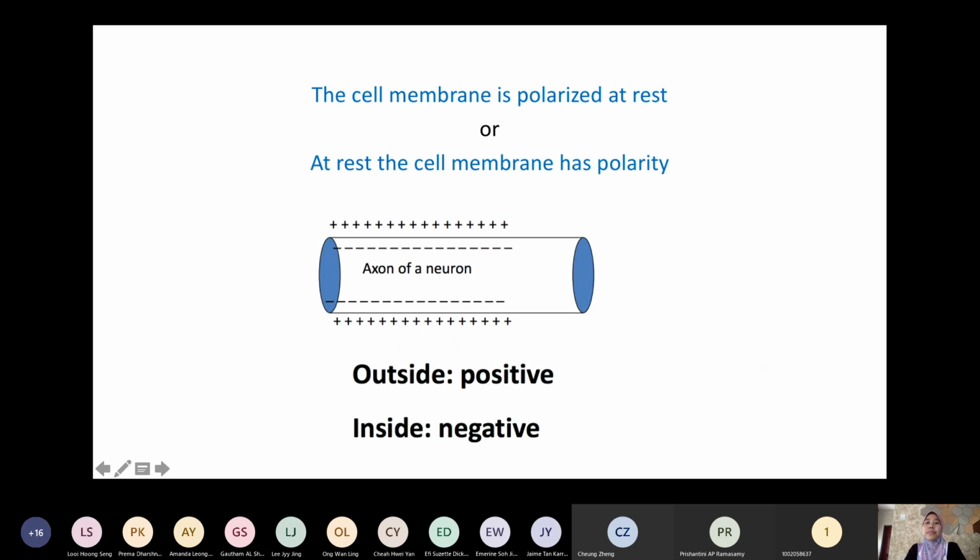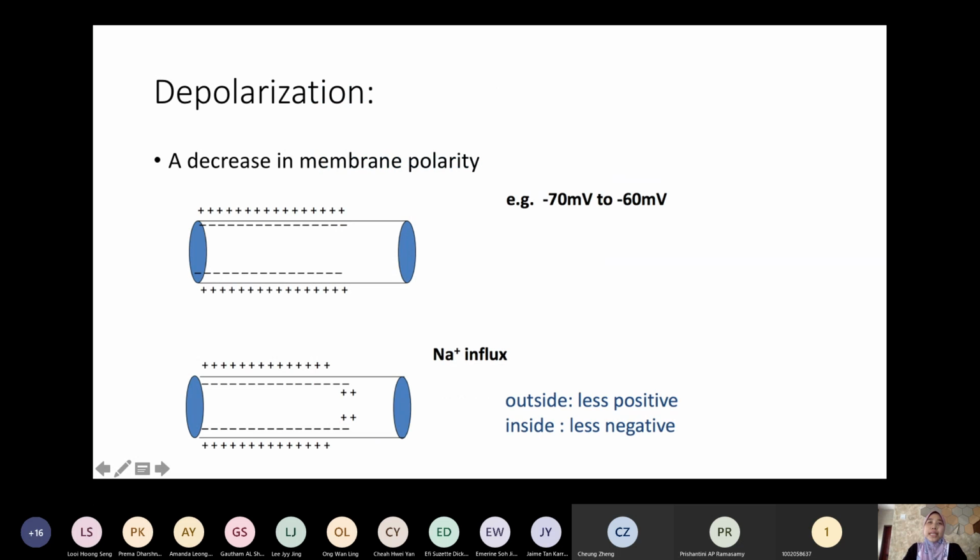All right. So the cell membrane is polarized at rest. Please bear in mind, polarized means negative charge. Whenever you hear about polar, that is actually a negative charge. So at resting membrane potential, you see negative inside and positive outside. During depolarization, it is de-negative, meaning it becomes positive. Usually our cells at the resting membrane potential are around negative 70 to negative 60.